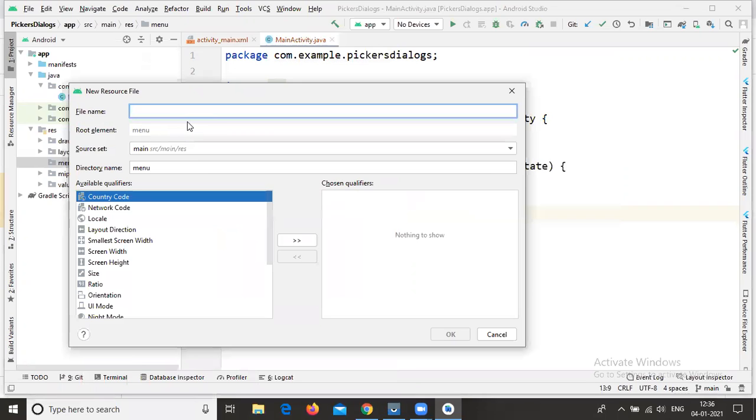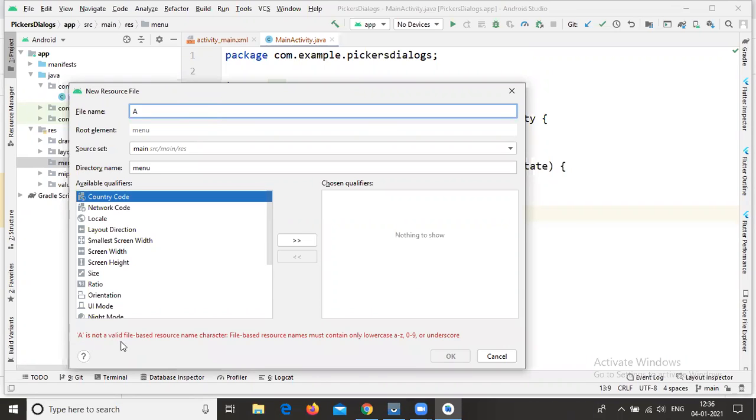When you're creating any file in your res folder, each and every file name should be lowercase only, that means only small letters. In case you use any capital letter, at the bottom of the screen red text appears: 'A is not a valid file-based resource name character. File-based resource names must contain only lowercase a to z, 0 to 9, or underscore.'